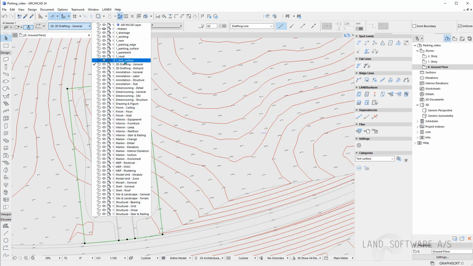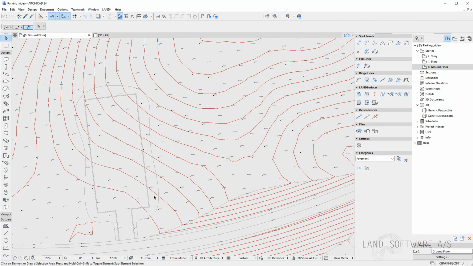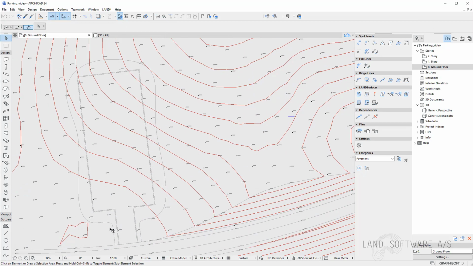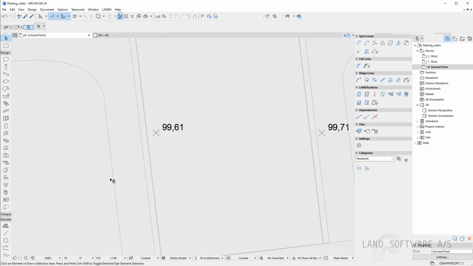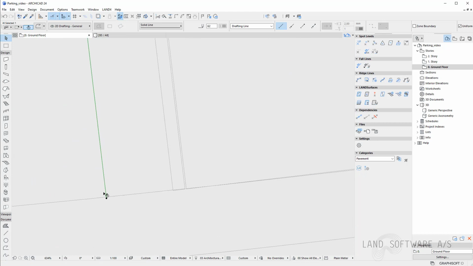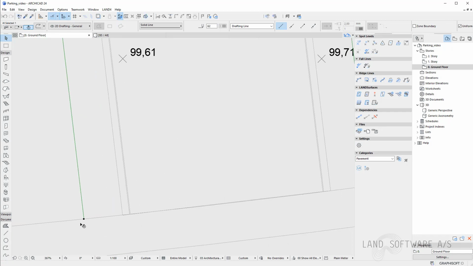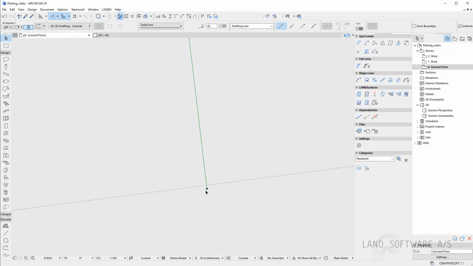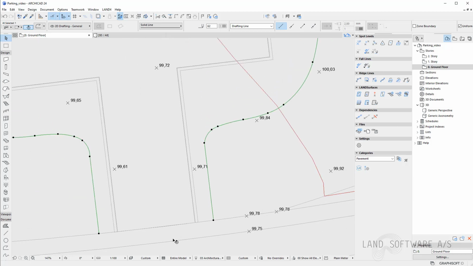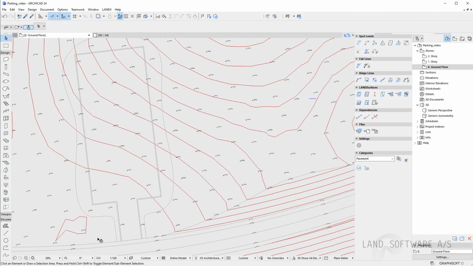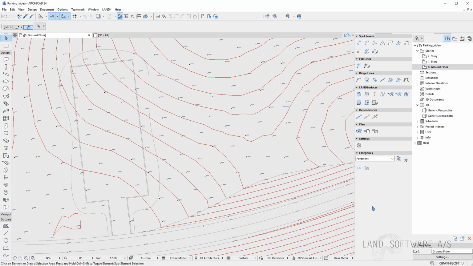I'll place it in the test surface so it's hidden. Now I can make sure my lines are matching the road line. And this would be my outer boundary for the pavement.